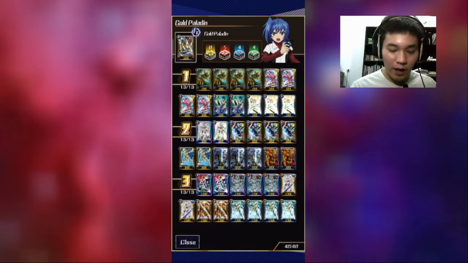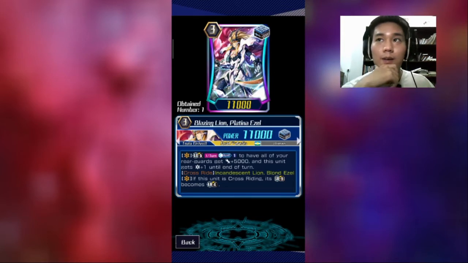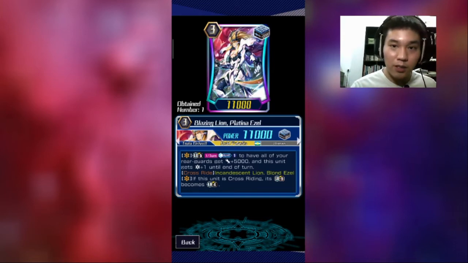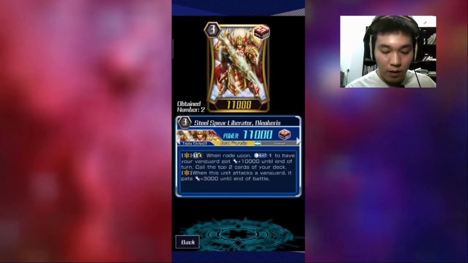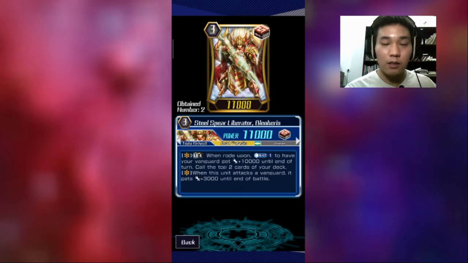One thing that I like to use is Platina Ezel. If you can search him, you can play him, but if you can't find him, it's also fine. It's a situational card. Mostly I will use it as a finisher. Let me show you. Like with Blue Beres, we can call up to 2 cards, even if it's grade 3 or PG, it doesn't matter,